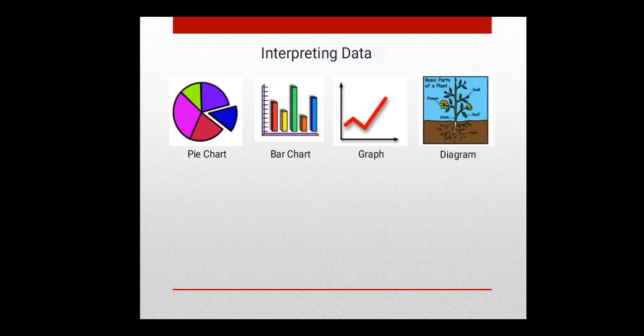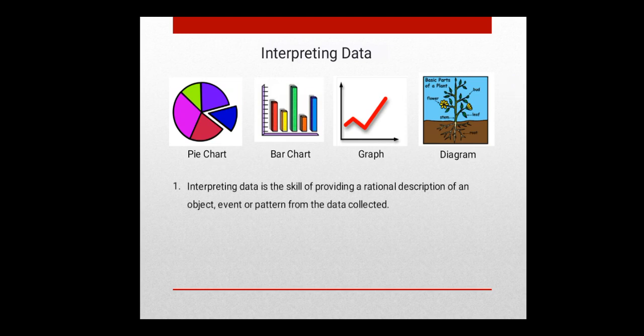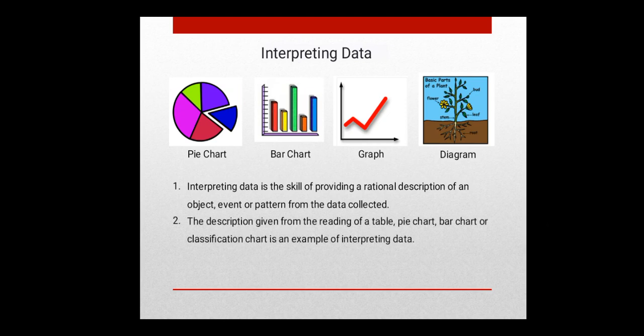We have a few types of data. We have pie chart, bar chart, graph, diagram. From this kind of data, we need to interpret. We need to know the information. What information can we get from the chart, the graph, the diagram? From that, we can collect the data, the information, so we can use it